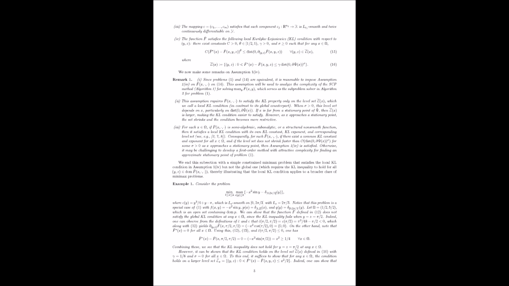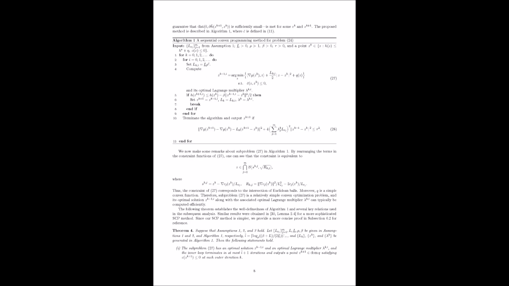Now, what about the complexity to actually find such an epsilon stationary point? Let's start with the iteration complexity, Theorem 6. This counts the number of outer loop iterations. Theorem 6 gives the total number of outer IPG iterations required. Ignoring constants and logarithmic factors using the tilde notation, the complexity is shown to be tilde theta of 1 over epsilon to the power of a maximum. Wow, okay. That exponent is packed with information.